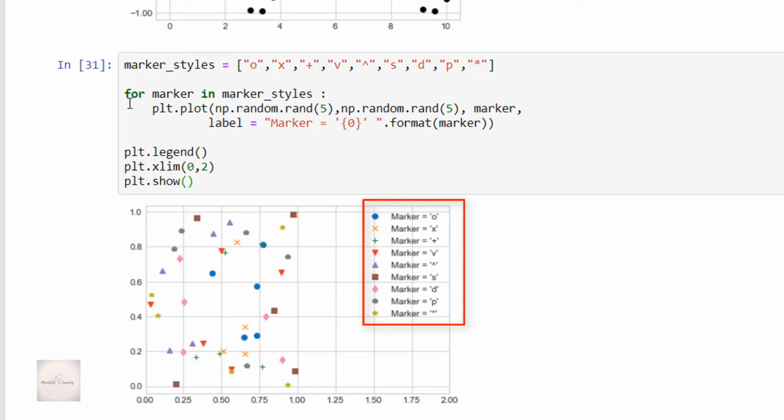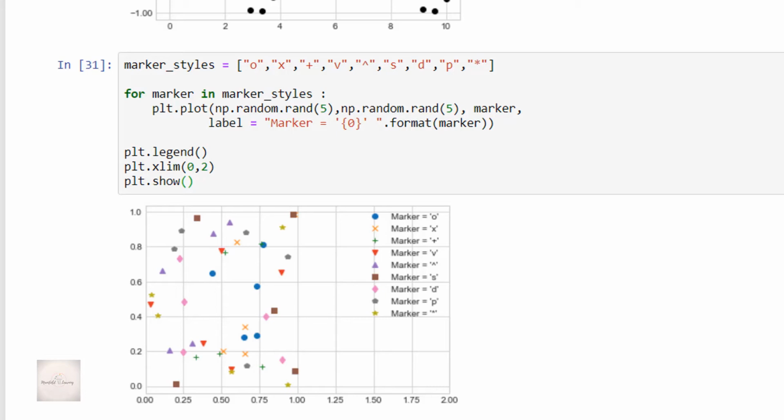So we just saw the demonstration of different marker styles. But the plt.plot function allows for a wide variety of possible visualization options, like customizing the marker size, marker color, marker edge color, as well as the marker edge width too. So let's do some coding work and see how this customization is done.